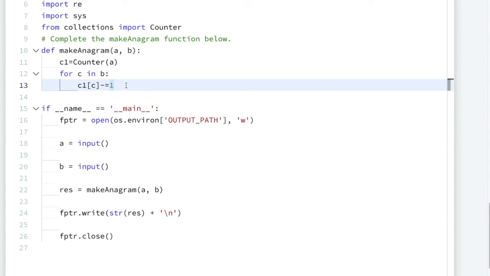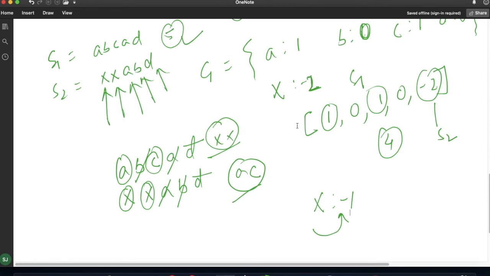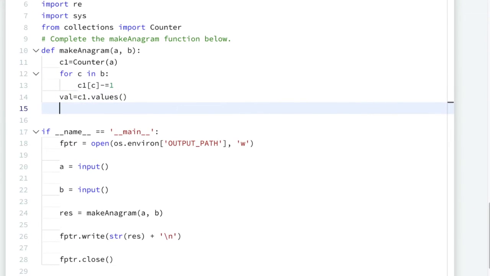Now we are done. It will be iterated through the last character. Now we will take val equal to C1 dot values. Now we got the values. Now I will iterate one by one and take the absolute value and sum up.